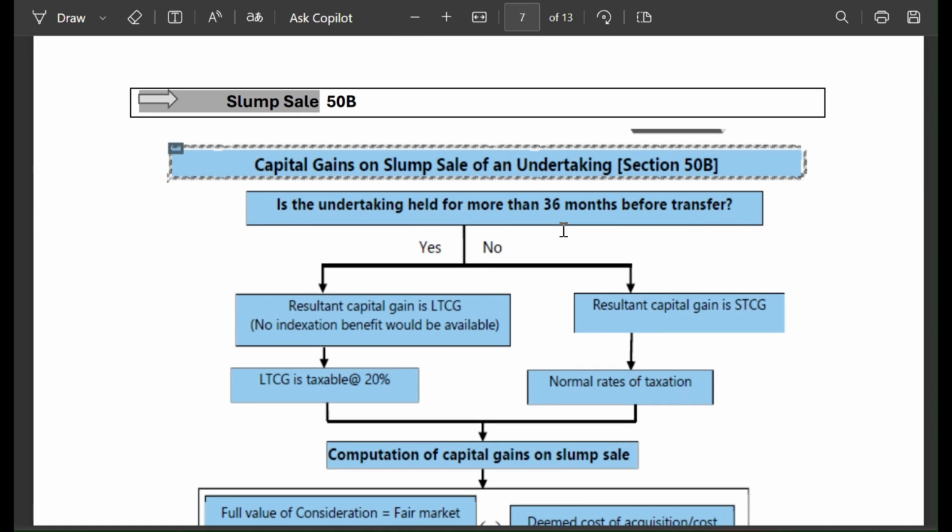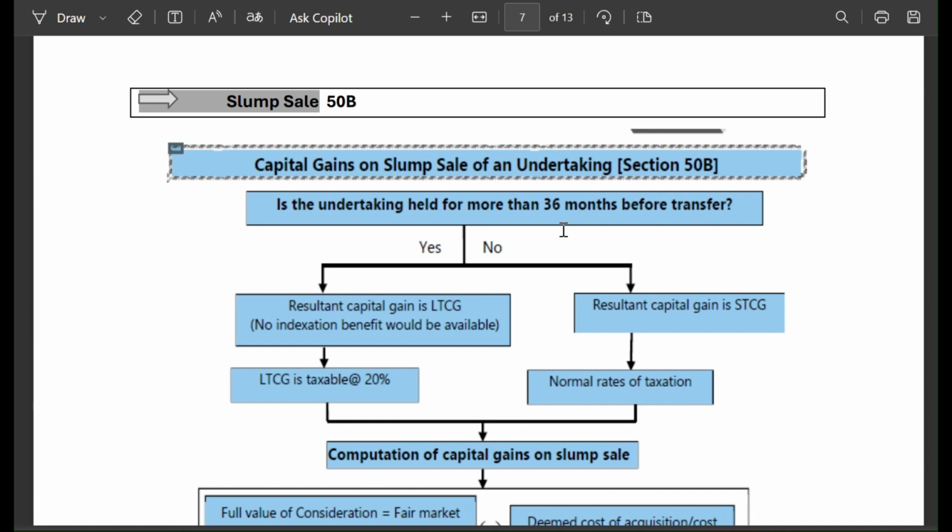And let's move on. What is a capital gain under section 50B? What is the slump sale? First of all, know the meaning of slump sale. If you have a business, for example an alcohol business, with 6 units in Hyderabad,